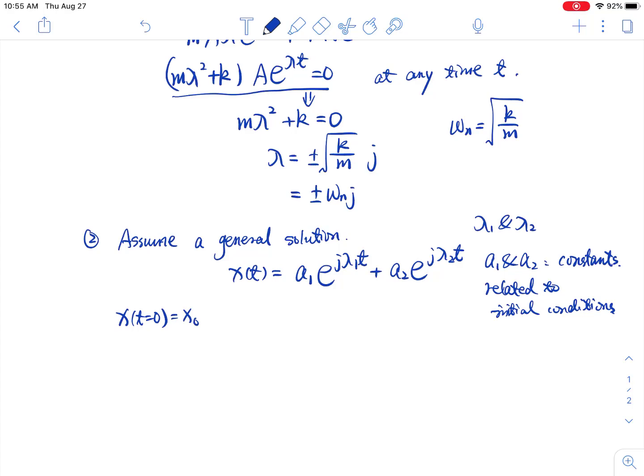We have a1 plus a2, because e to the power of 0 is just 1. Okay, and then we also know the initial velocity. So that means we have to calculate the velocity first. That's the first order derivative, and it becomes a1 λ,